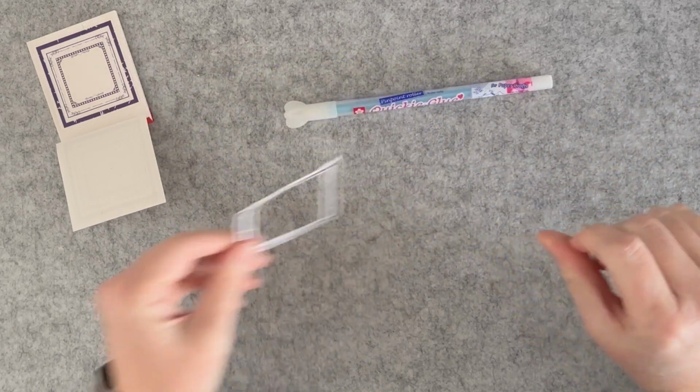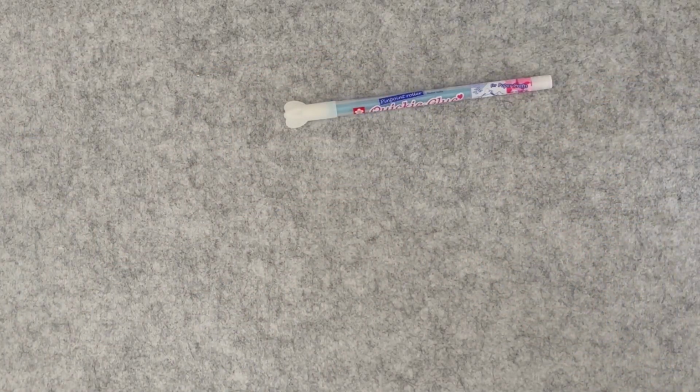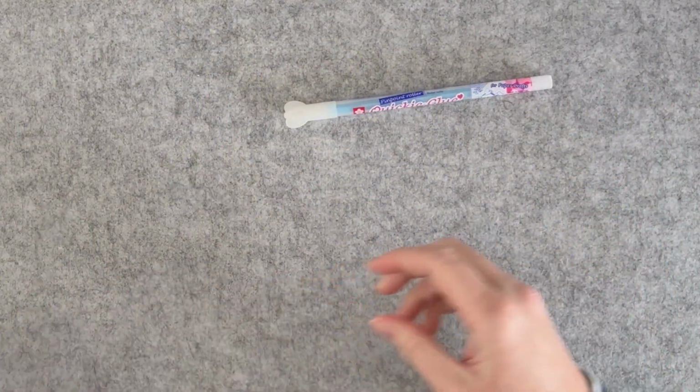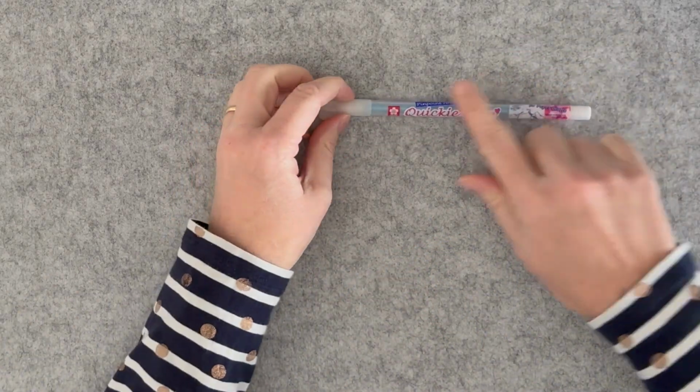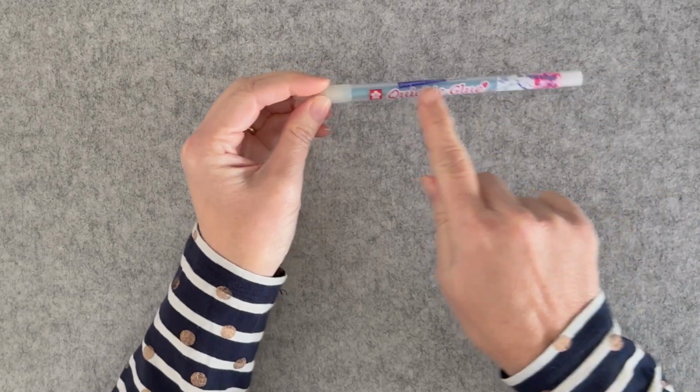Just careful not to glue my thing onto my desk mat. I should have really prepared a better demonstration, but I kind of didn't think that through. So, yes, Quickie Glue. Love, love, love. Okay, the next not too bad thing